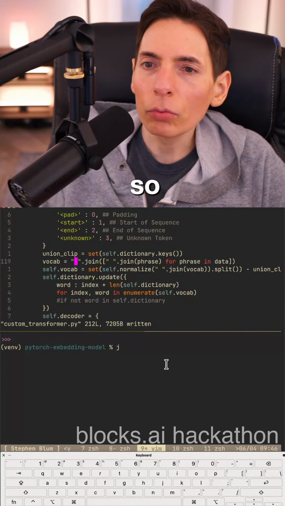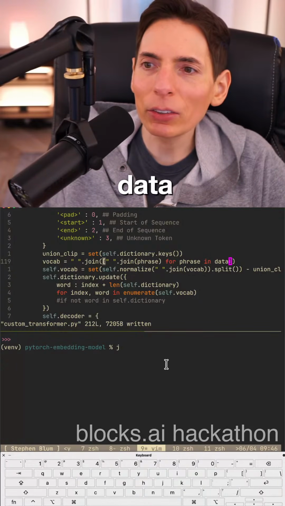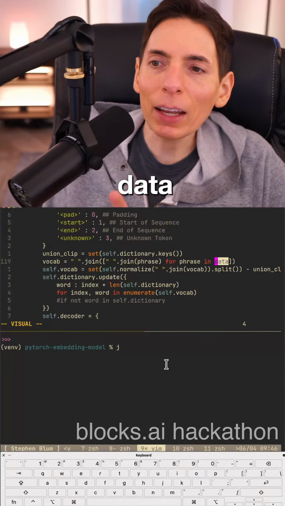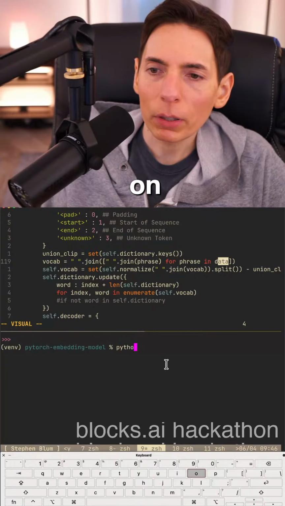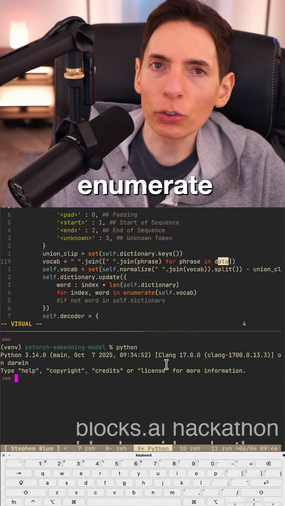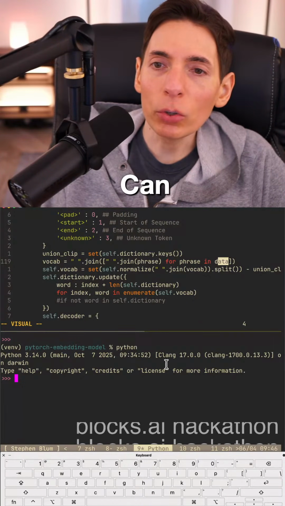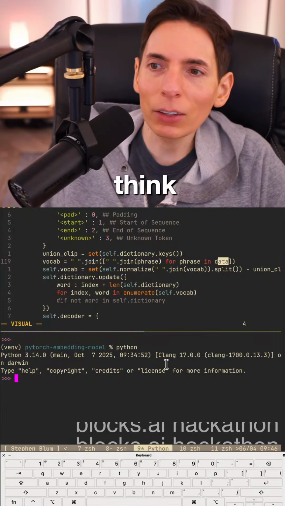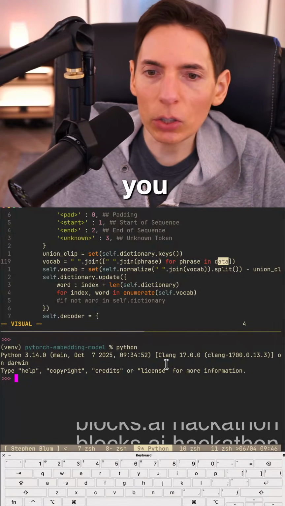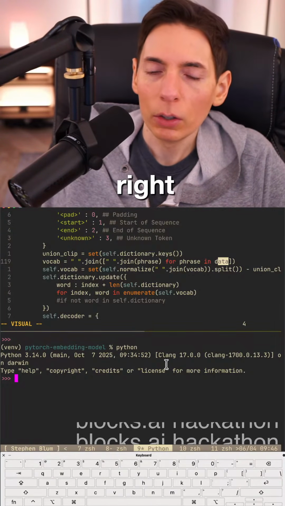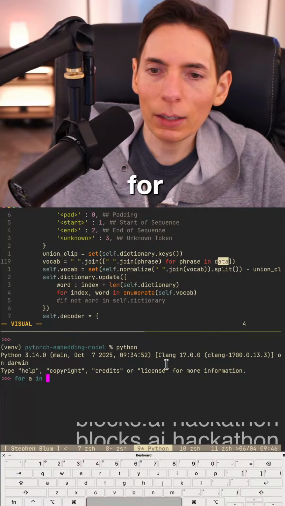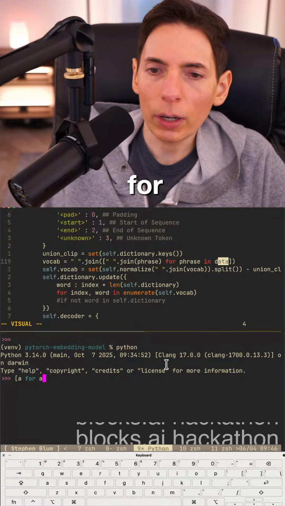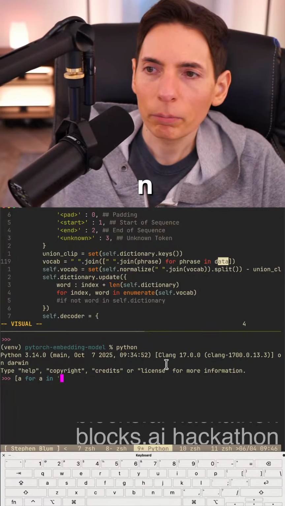All right, so vocab, phrases join in data. See, data can be, hold on, Python. Can you enumerate a string? Can you enumerate a string? I don't think that's correct. I don't think you can, though maybe you can. All right, so for A in, let's see,